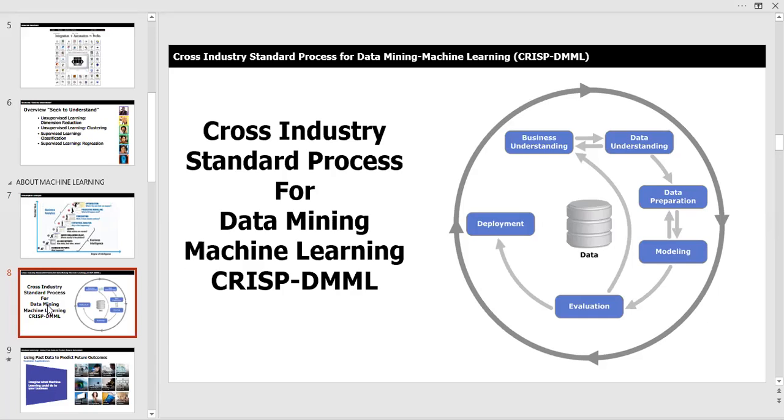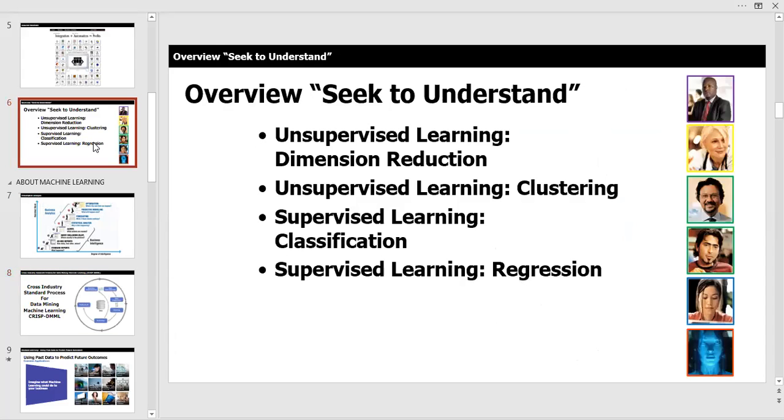And oh, I skipped the roles, but let me go back and just touch on them. You'll see where it says business understanding, data prep, modeling, evaluation, and deployment. Those are correlated to these images on the right. So the purple represents your business analyst, product owner. That would be business understanding. The yellow correlates to your Scrum Master, project manager, database administrator, and that would be data understanding.